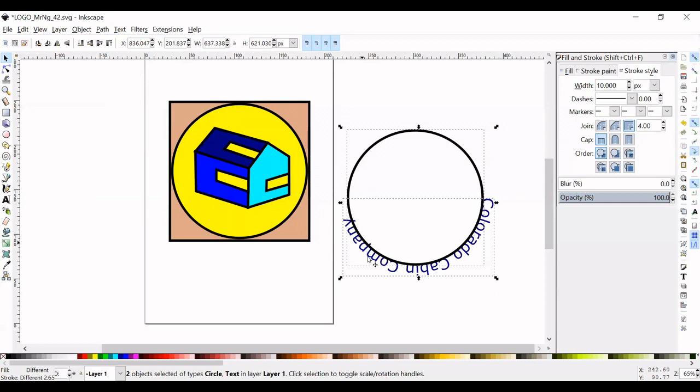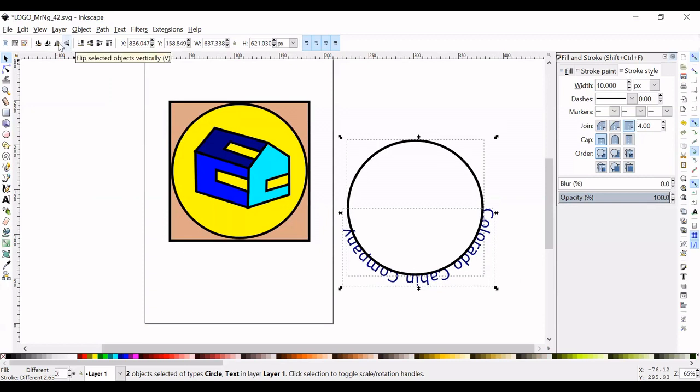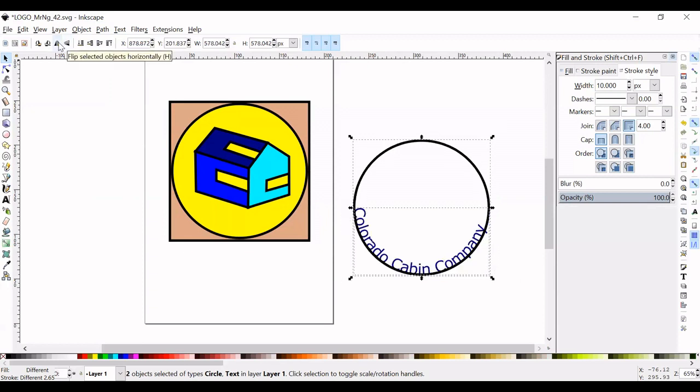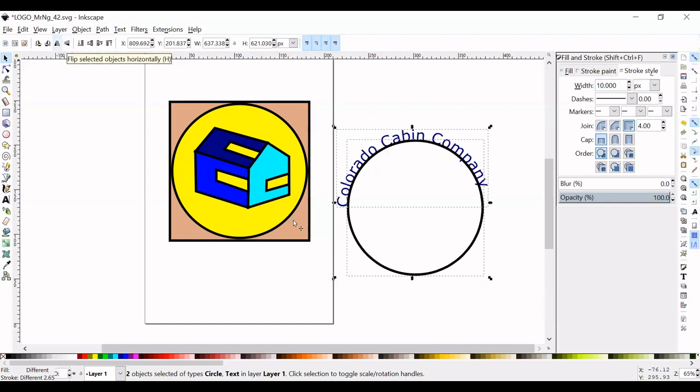All right, so you can see that the text is not curved the way we want, right? So what you can do is flip it over here. This is not the right way either. Flip this way. So you can actually flip it until you get the correct direction, the correct orientation. I flipped too many times already. Yeah, so this is the correct